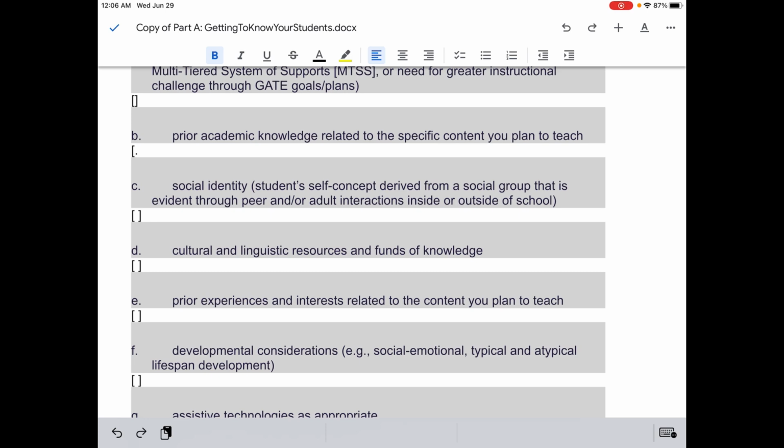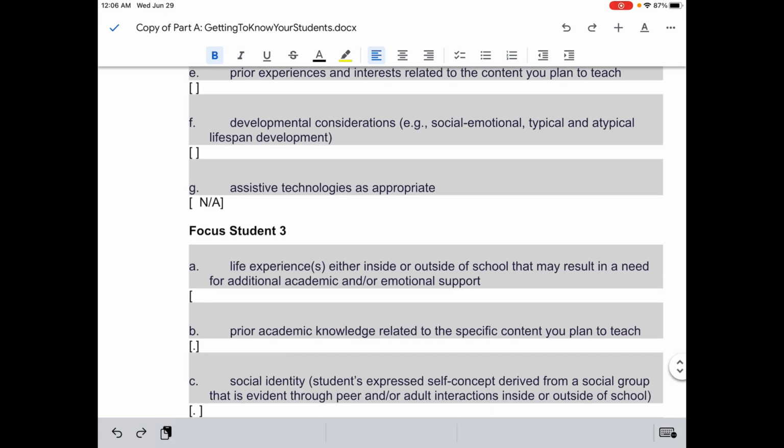So this is pretty much the same thing. And then if we go on to assistive technologies as appropriate, does he need something in particular? For example, does our student need a computer? Does he always use a computer, or does he always need a whiteboard and a marker? You know how some students might not like paper and pencil, they're strictly on computer. So do they use something? Are they always on something? So on computer, so let's say student doesn't like writing, so he always has to be on Google Docs or